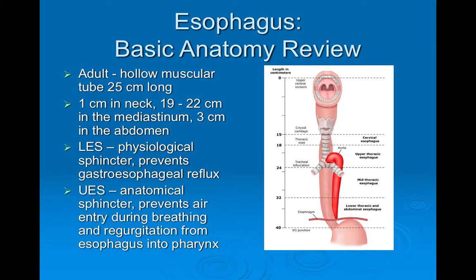So when you're operating on the neck, you more than likely want to make an incision on the left side of the neck, because you'll have an easier time getting to the esophagus. If you're operating on the esophagus in the chest, a right thoracotomy is probably going to be your best bet. And then in the abdomen, really just a midline incision, but it's going to be more on the left, okay? All right, another important point